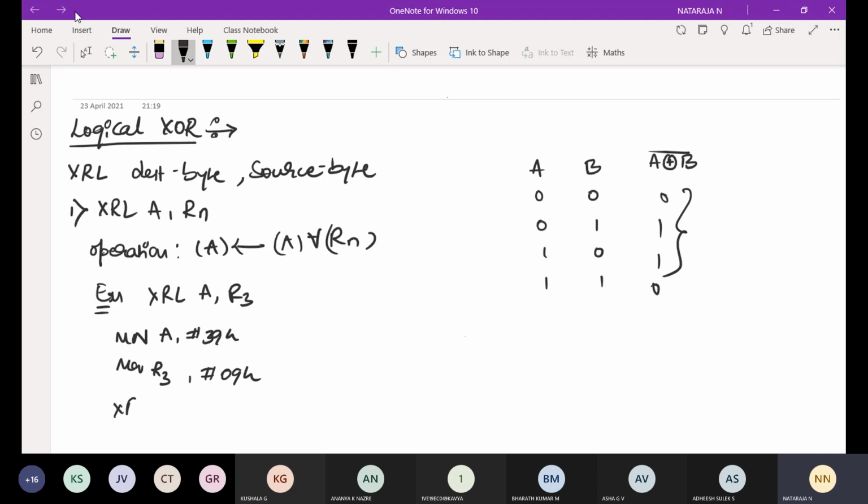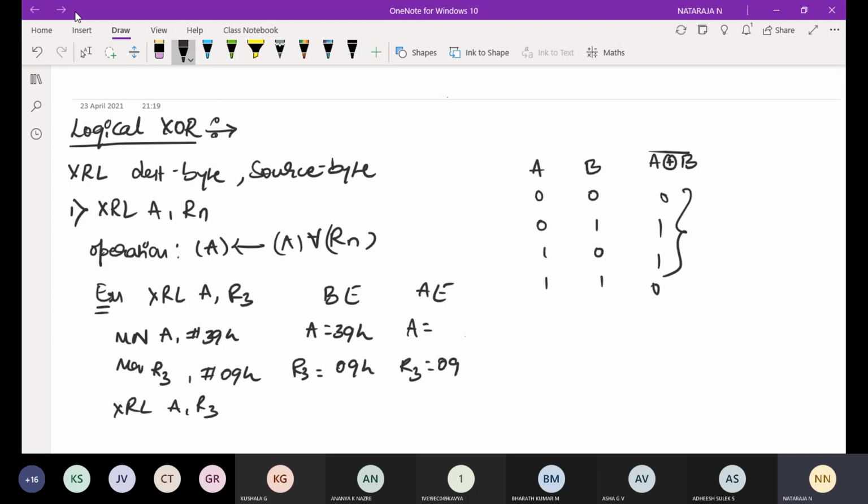Now we can do XOR logic between A and R3. Before execution, A is equal to 39H and R3 is equal to 09H. After execution, we need to check A and R3. R3 will be the same.